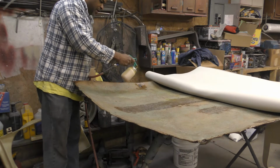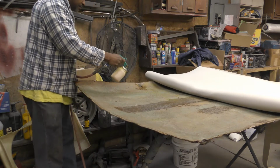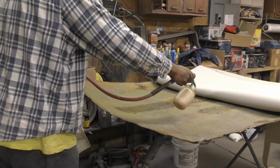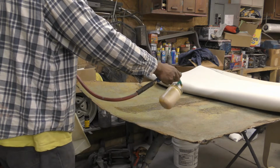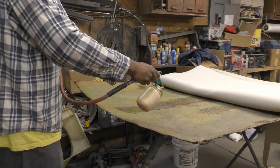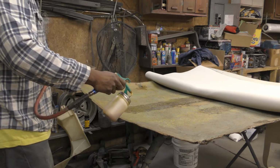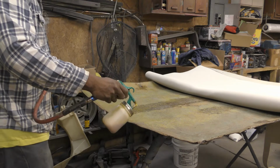I put a little lacquer thinner in there. If fumes get too strong, I always cut the exhaust fan on. And it's just something to keep in mind, guys. Alright, so I'm going to come back after I get all of this